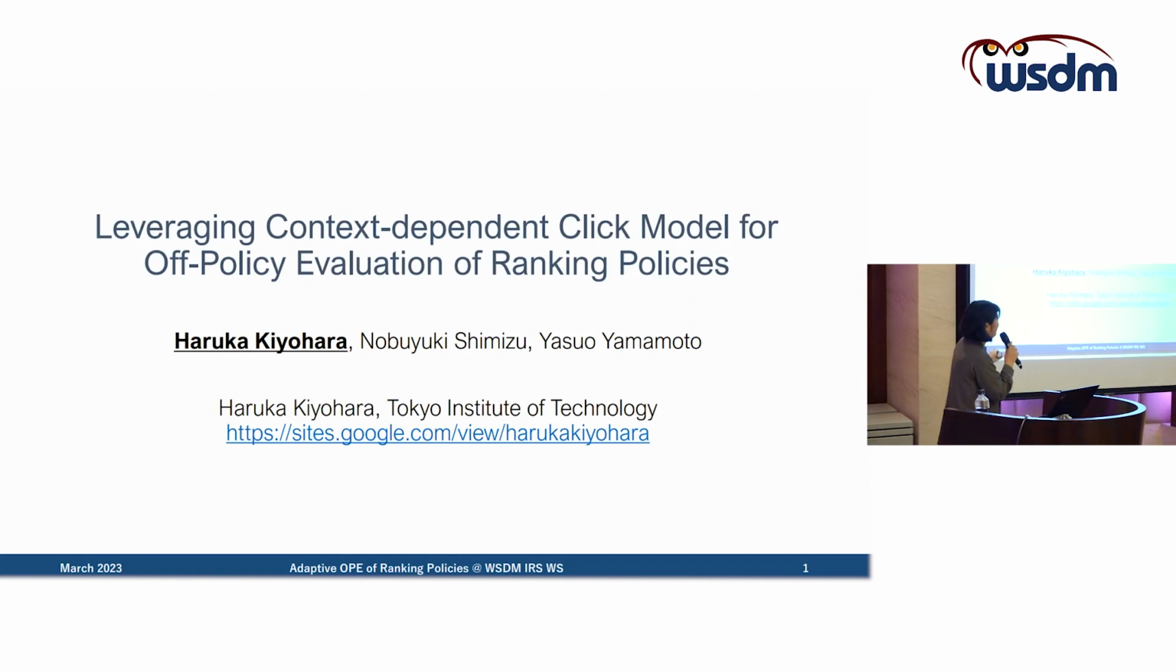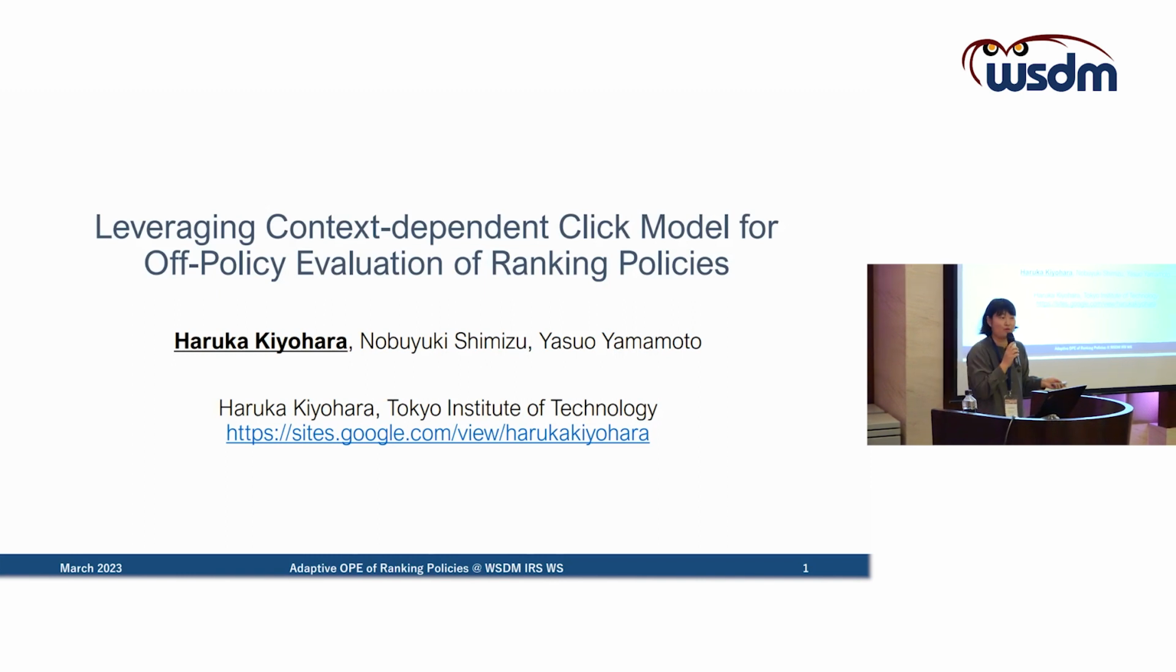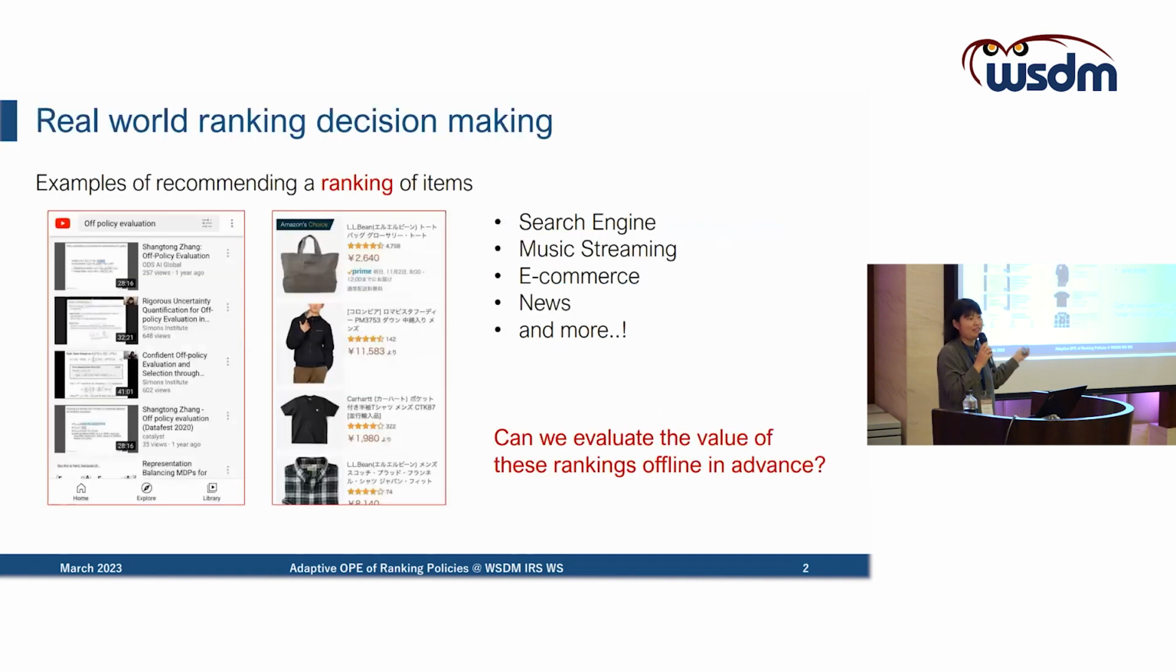And today I'm very excited to share our work on leveraging context-dependent click models for policy evaluation of ranking policies. Ranking decision making is everywhere in web services, from search engines to music streaming services, e-commerce platforms, and newsfeeds. In those applications, it is very important to present relevant items to the user to increase sales or user satisfaction. So today, I'm going to talk about how we can evaluate the value of this ranking recommendation using only offline log